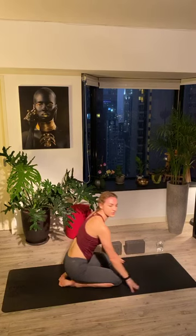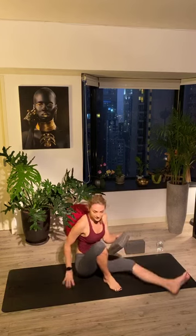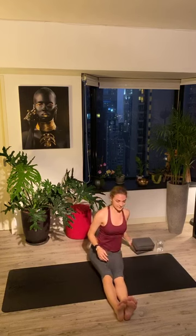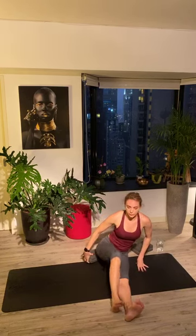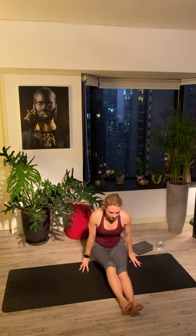Come to the seated position, bringing your feet forward. I'll turn to face the camera. So with your feet forward, your legs are going to be straight. If you have any tightness in your legs or your back, you can sit on 1 or 2 of your blocks. Okay. Once you're seated on your blocks,